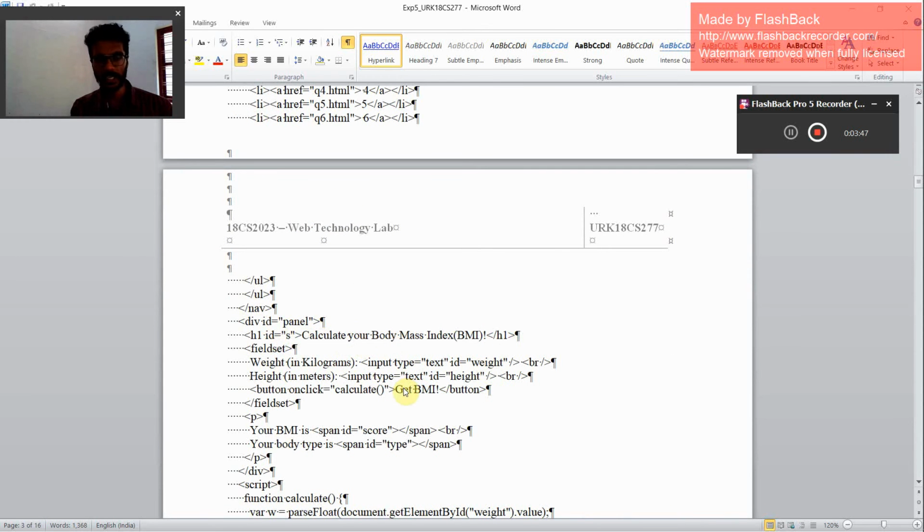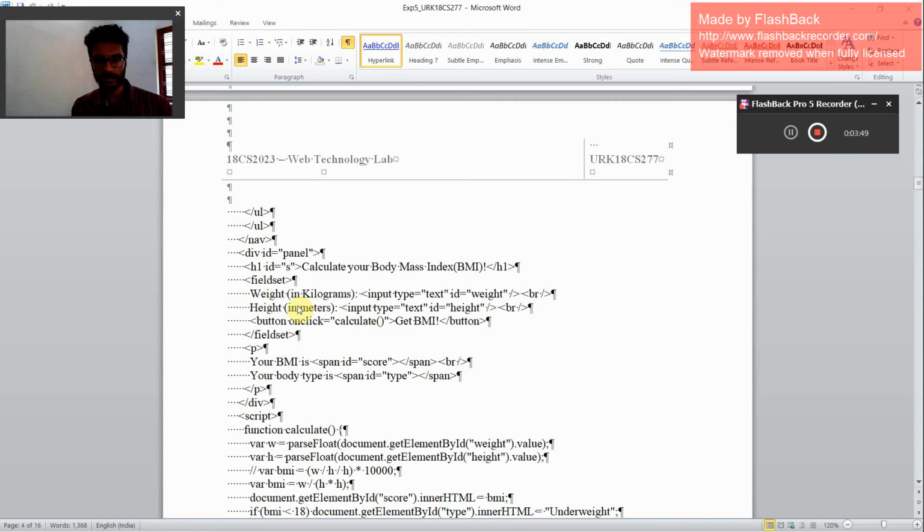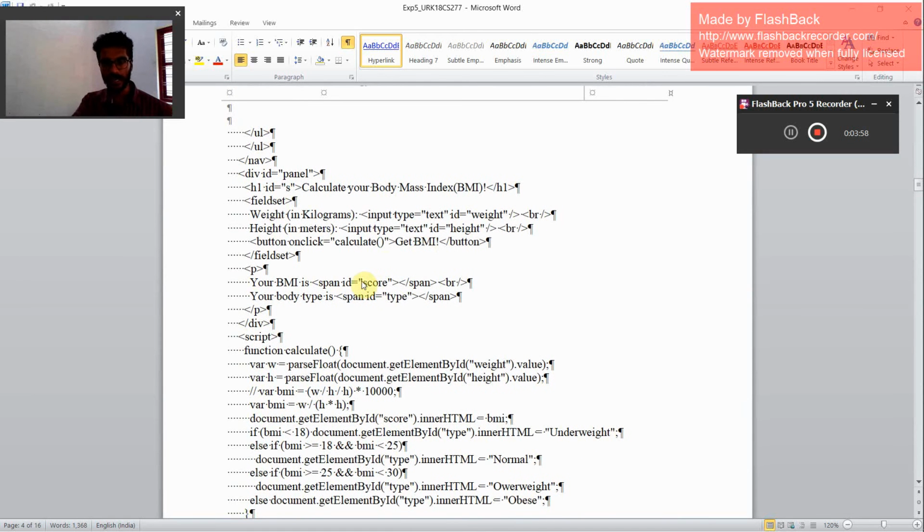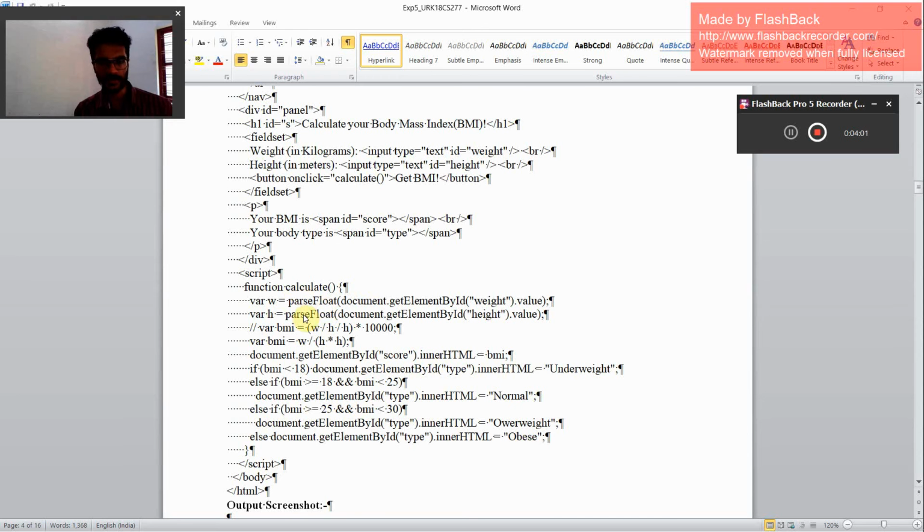You're opening a panel and typing into it: weight in kilograms, height in meters, which should be entered over there, input type, and then button onclick is going to get the BMI. So BMI is a span ID, the score, your body type. The function calculation is going to take place by first getting document.getElementById for the weight and the height. The BMI calculation is W divided by H into 10,000. So you're getting the height now, getElementById, and then var BMI is equal to W